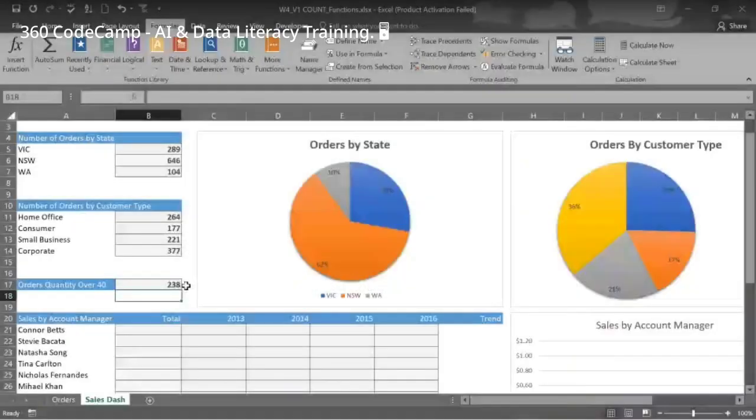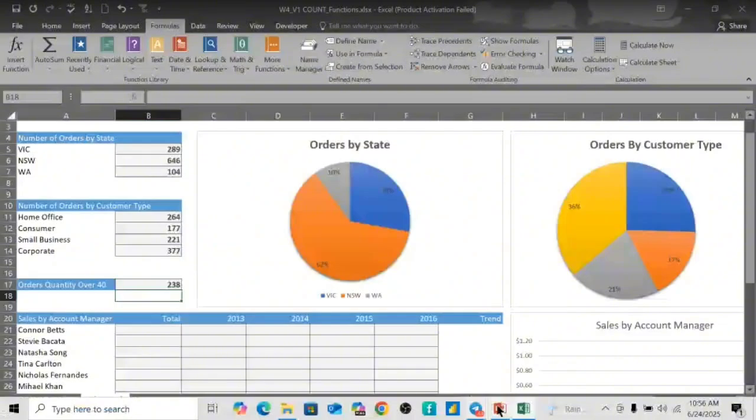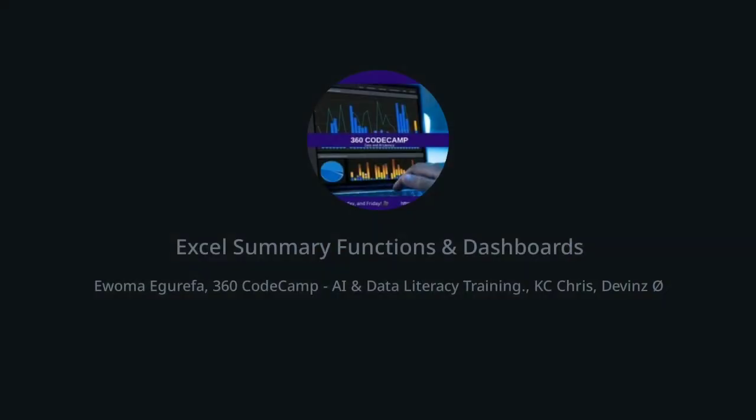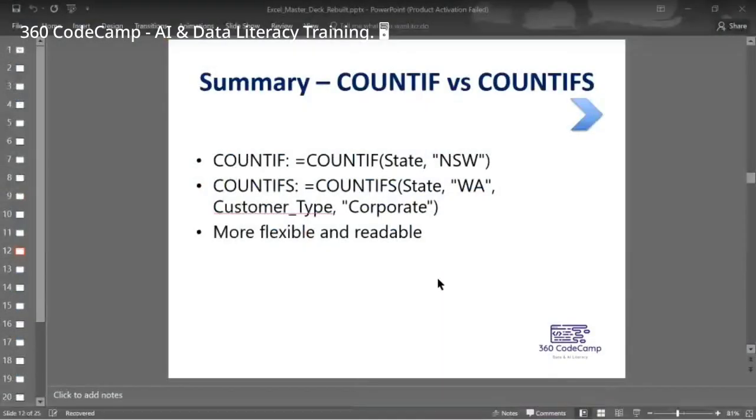So that's enough for COUNTIFS. This is the summary, right? We want to summarize our COUNTIF and all that. So you use COUNTIF